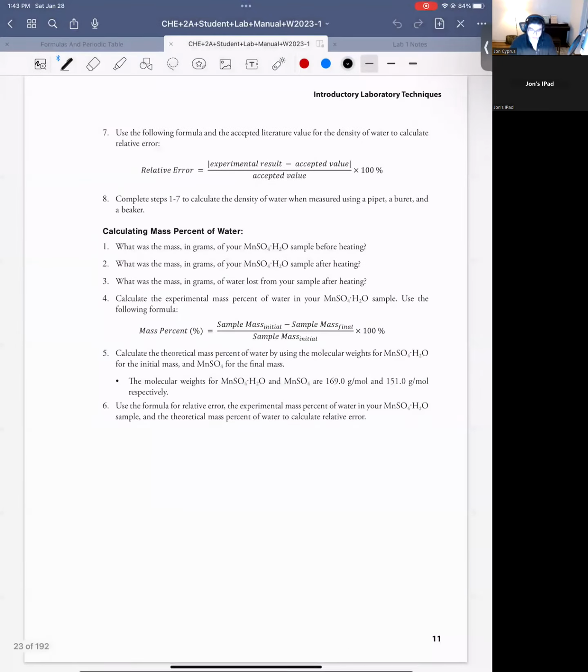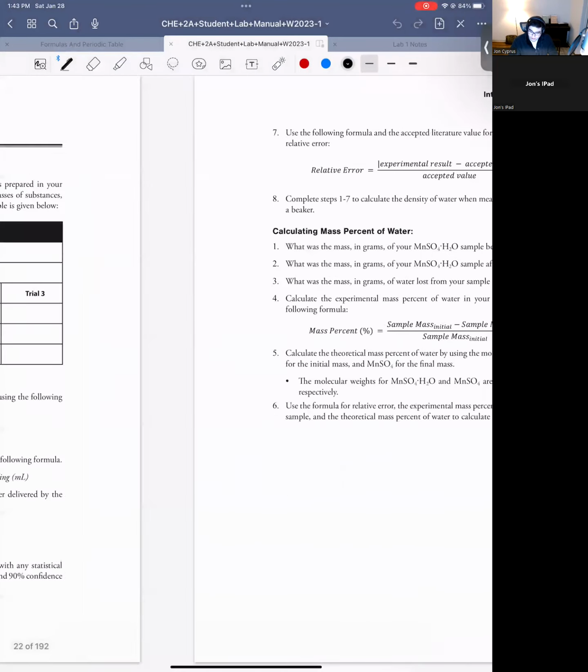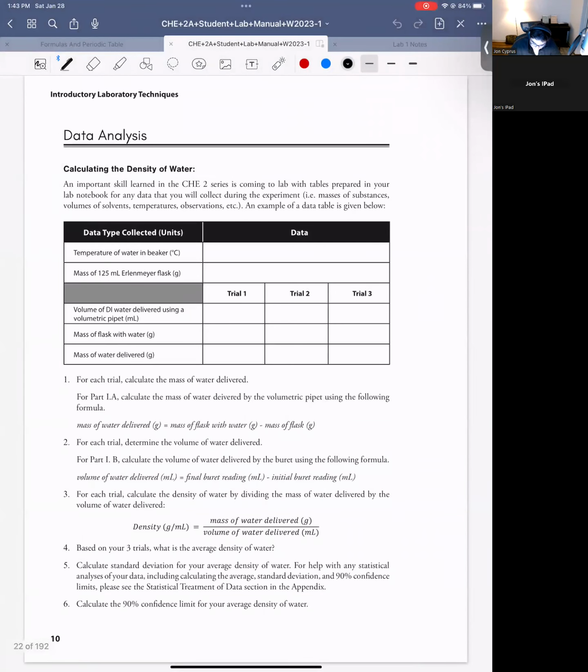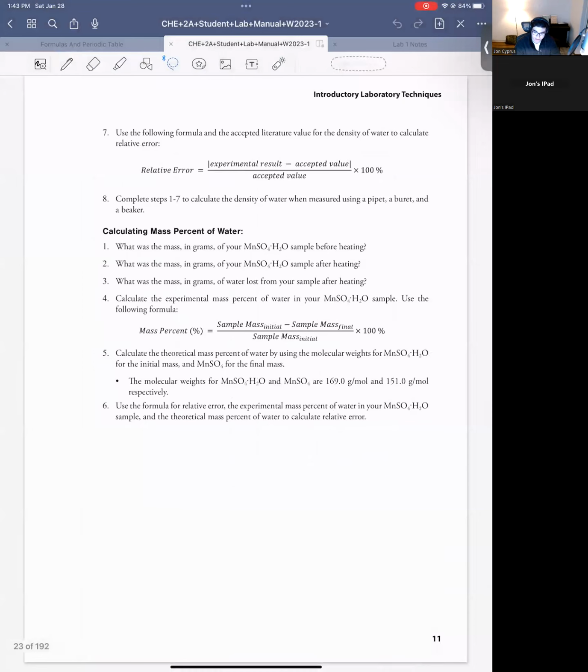All right. So, oh, actually, one last thing. I missed it here. It says that you have to find the relative error of the density of water. So what you're going to do is, let me first copy and paste this. To find the relative error,